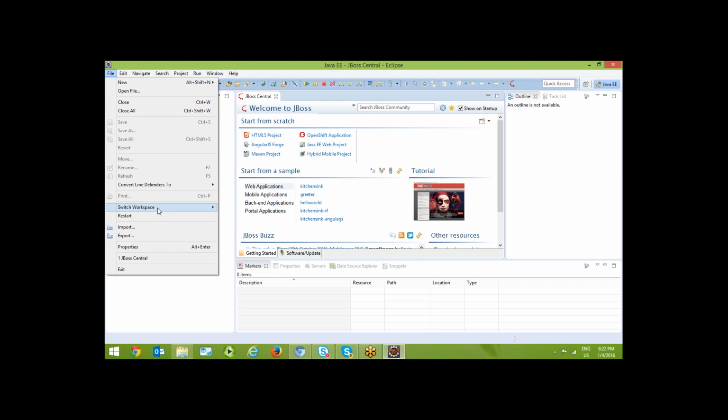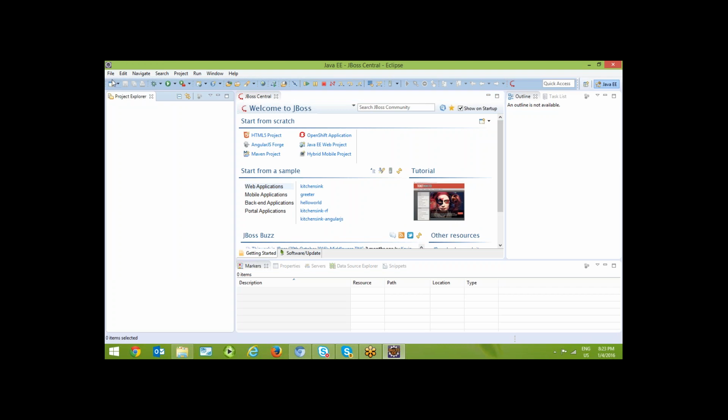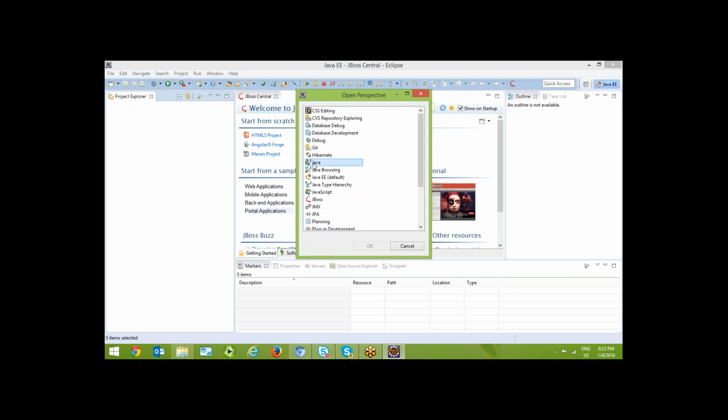Now, here you can see all the available workspaces. Let us say currently we are in Java batch 1 and the old workspace is this. If you want to switch to that, again you can switch. That is called a workspace. And always here your perspective should be selected as Java.